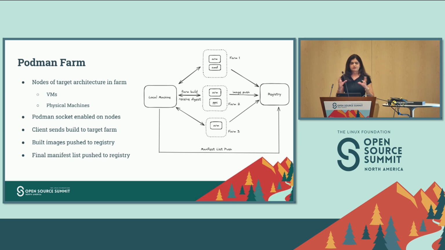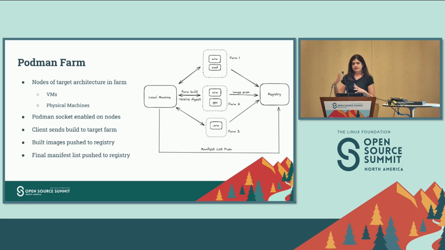So a quick intro, if you don't know what Podman is: it's a container engine. It's an open source project. It was actually donated to the CNCF last year. It's basically your all-in-one tool for developers for creating container images and playing around with containers. So we thought, is there a way to make that manual process of building the images on different machines separately, pushing them to the registry, and creating the manifest list